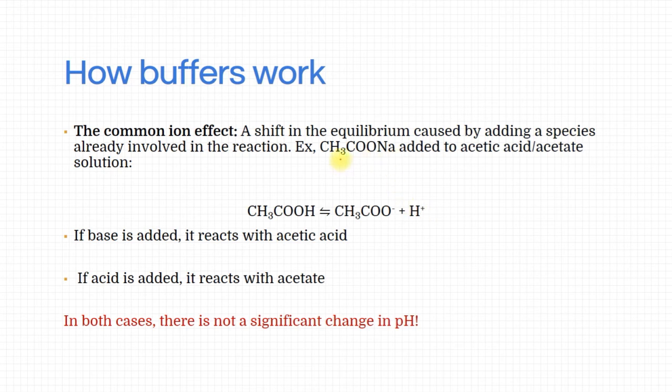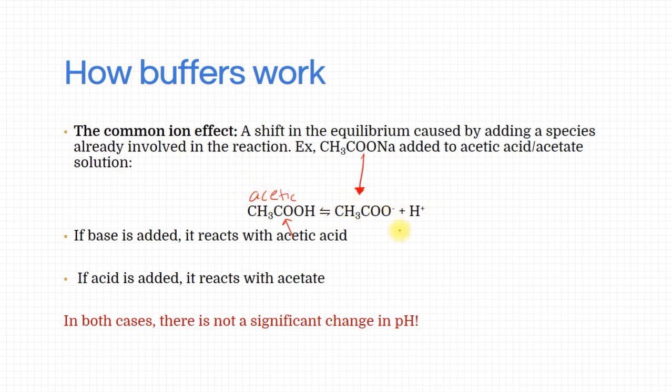Okay, and when we talk about buffers, there's this idea called the common ion effect. Basically, if I put in some sodium acetate, it's going to make acetate, right? That's the important part of that. The sodium does nothing. It's a spectator. But if I take my sodium acetate and put it in, it's going to make acetate in there. And I put also acetic acid. This is the conjugate, so this is acetic acid right here. Right? That's the name of that stuff. If I put acetic acid and sodium acetate together in water, that's a buffer because I have acetic acid and